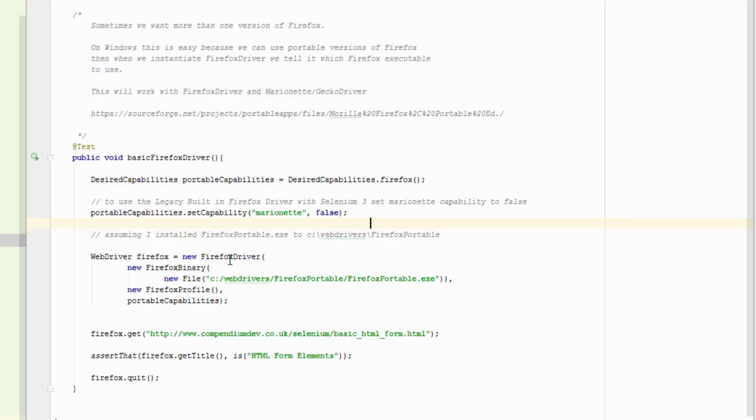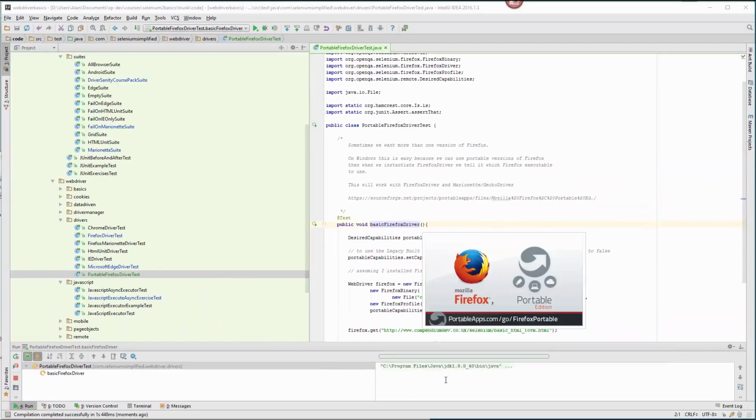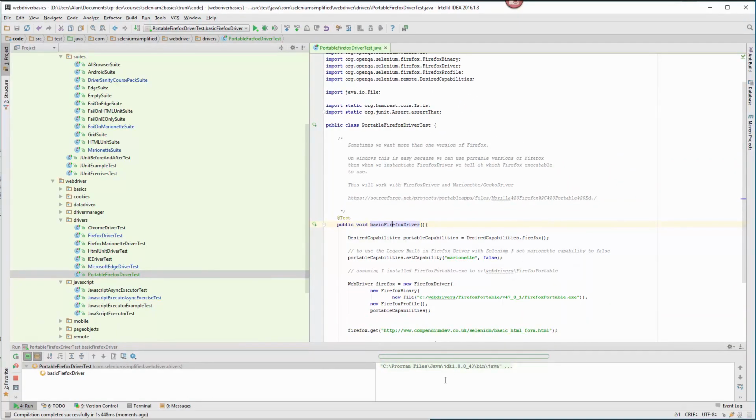When I'm creating the Firefox driver, I tell it which Firefox binary to use. So let's set it to where we just installed it, version 47.0.1, and it's the Firefox Portable. So then I just create the Firefox driver like normal, using a default profile with the capabilities of Marionette. Then it should start up, go to this form, check it, and close it as normal. Let me run this. So there's the Firefox Portable logo coming up. Then we should see Firefox, just like normal. But what that means is I've got Firefox 47.0.1 running for the test there, and my normal Firefox